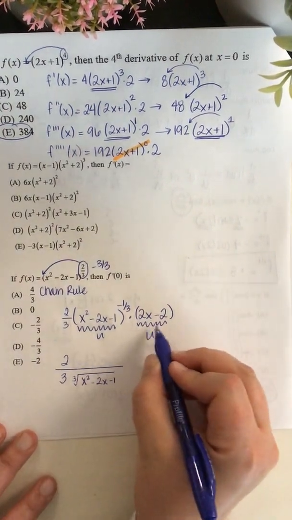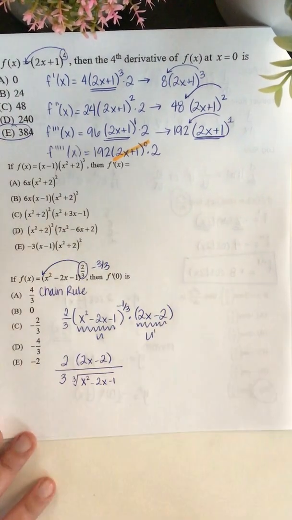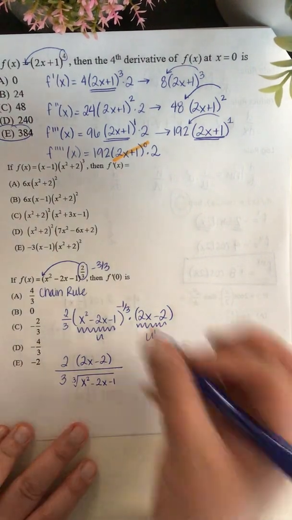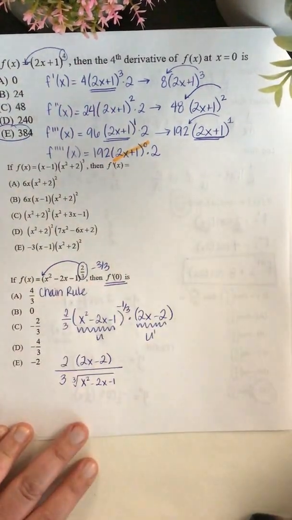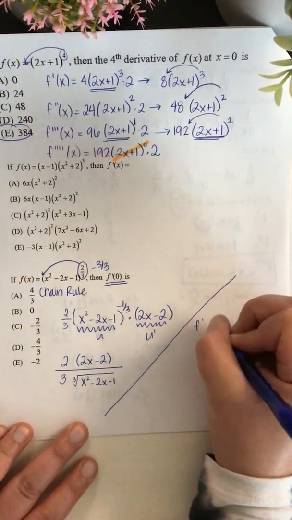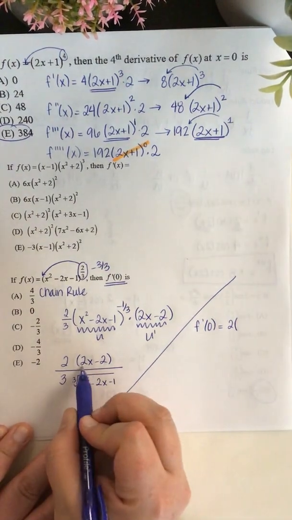And then 2x minus 2 is just chilling. I'm just going to put that on the top. Okay, so remember, negative powers need to go into the denominator, but the positive power you just leave on top. Okay, then from there, what are we plugging in? This is at any x that I want. Okay, I want it at 0. Very good. So then I would do f prime of 0 equals 2 times, well, this is 2 times 0